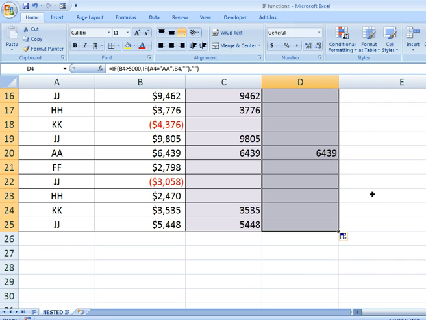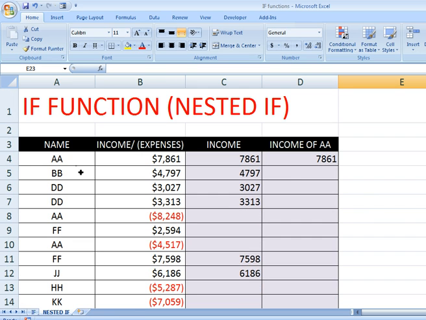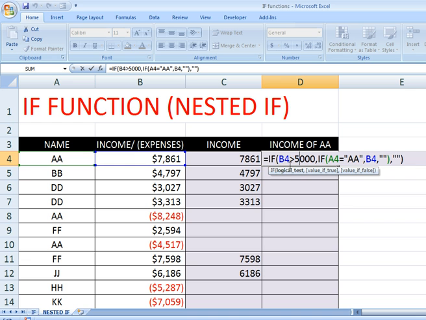See, only two cases where the income of AA is greater than 5,000 bucks. Let's understand again. If this income is greater than 5,000, then I want to check the second condition.